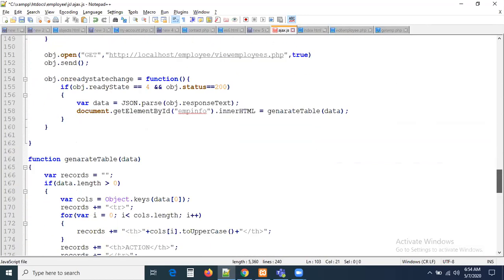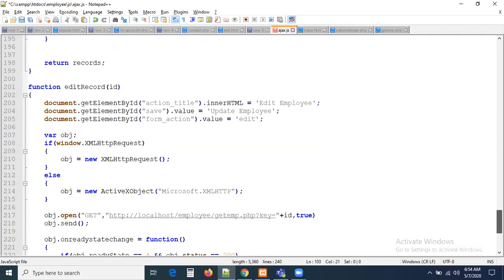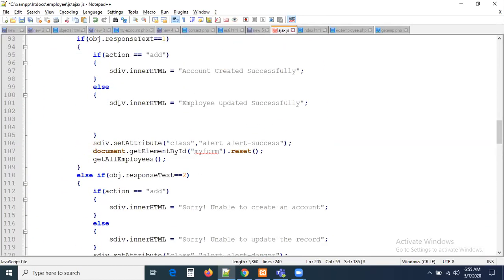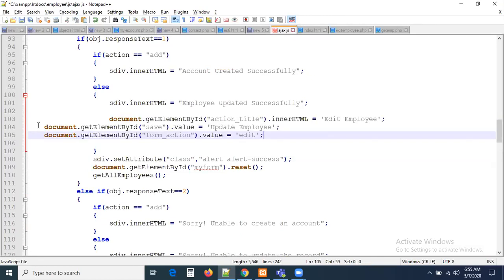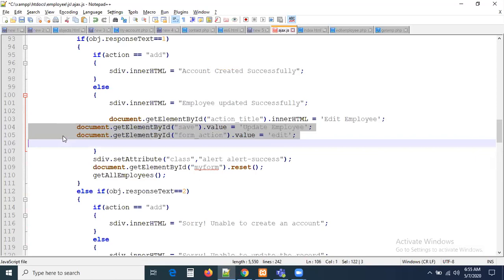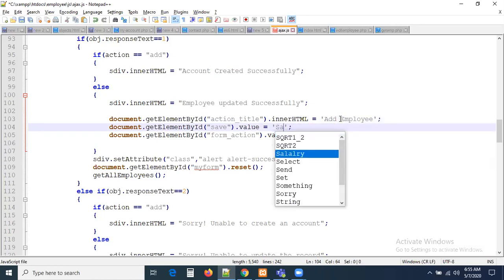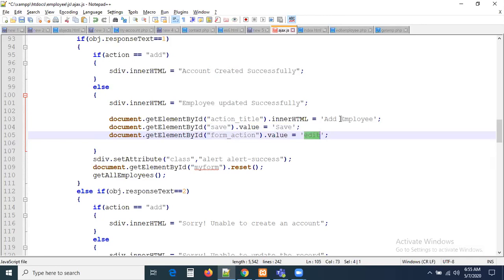So here, nothing. Just do one thing here. Anyhow, form data is clearing. So the get element by, this is what we need. I need to change this as edit employee, and this action should be right. So let us get the information. Once this is successfully updated, I need to change the labels again. Earlier, once you clicked the edit button, you changed the labels. Now I need to get the labels back to add employee. This is going to be add employee. This is just a save. This is the initial label we have. So this is add, that's it.